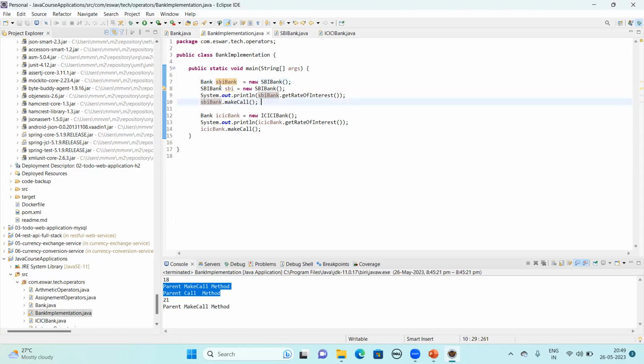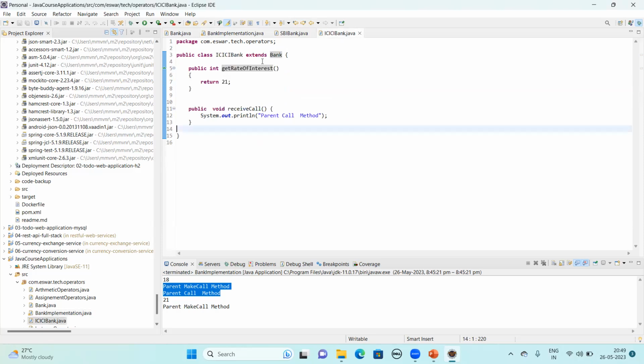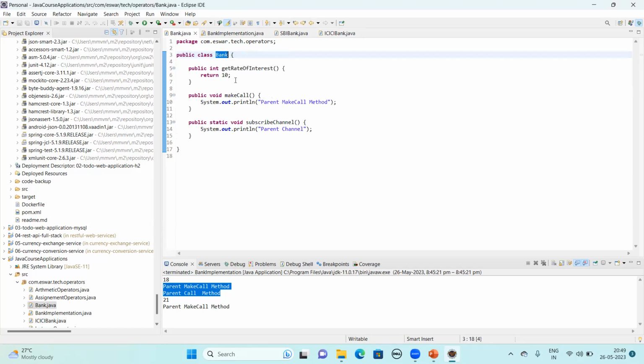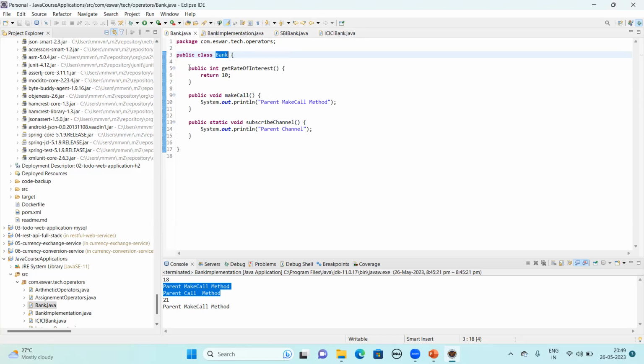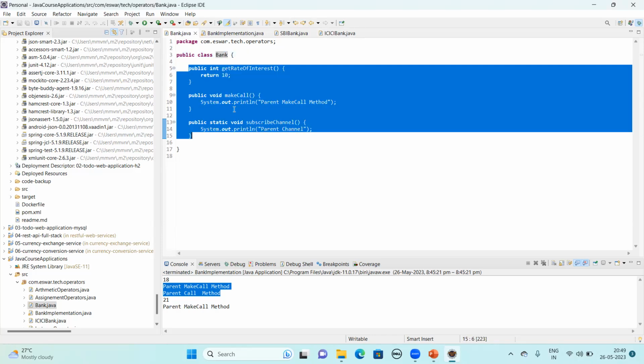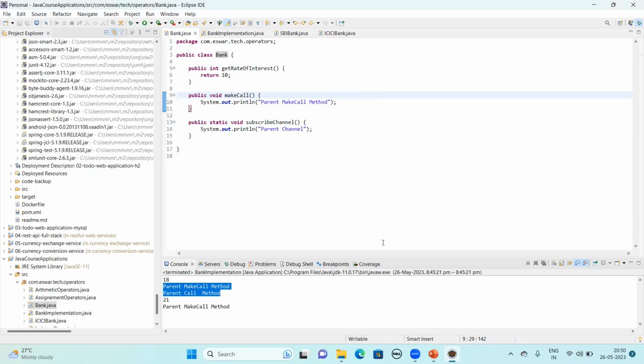Otherwise the parent does not know that. It says, hey, you are using my reference, you can call your method because you are extending my class. You have access to my class methods as well as your class methods, but I cannot find your class methods, which is not the reverse way. Always remember that. When you are extending, this class's methods are all included in your current class. But the parent does not know what methods are available in the child class. It only knows its own methods. It doesn't know outside methods. This is how method overriding works. Please do hands-on practice so that you will